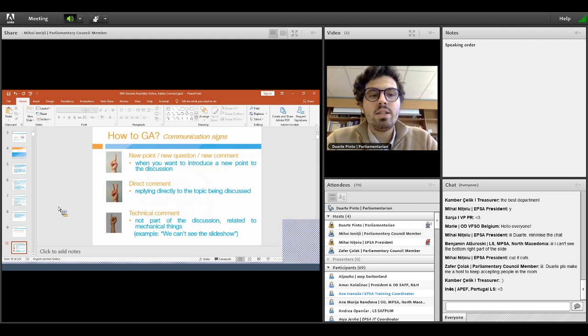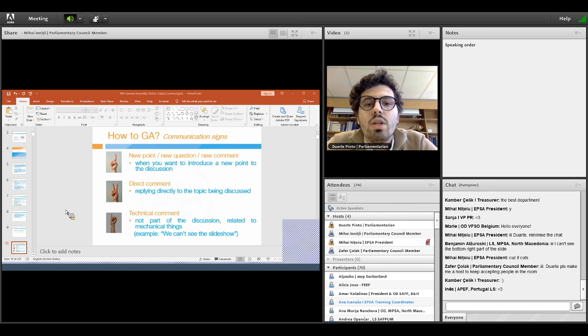The communication signed on the GAs, the speaking order. If you have one new point, you write an I on the chat, and this is just a point to introduce an argument to the discussion. If you have a direct, it's to respond directly to an argument that was discussed before on the General Assembly. If you have a technical, in this case, it's for example because you cannot see the presentation,